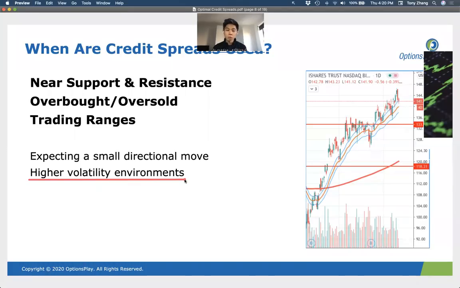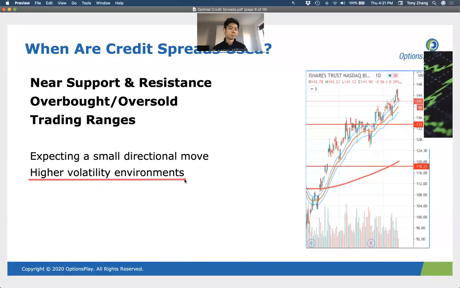However, even with credit spreads, your biggest exposure is not to Vega, which is implied volatility. Your biggest exposure is still to delta. So the directional view that you have on an underlying stock is still going to be the most important aspect to determine when it's optimal to sell a credit spread and when you should actually sell that credit spread from